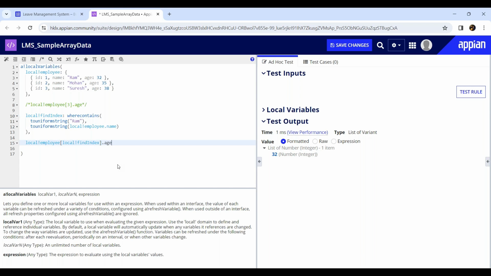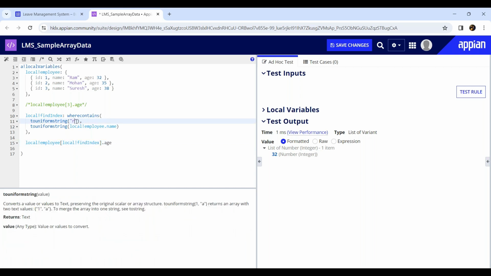So how can I get the name with the lowercase? In lowercase also it is Ram, right? It doesn't match. So even if you want to match the things, if you would like to get the name and do not want to apply the case sensitivity,